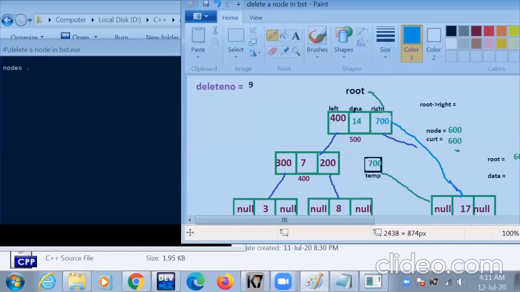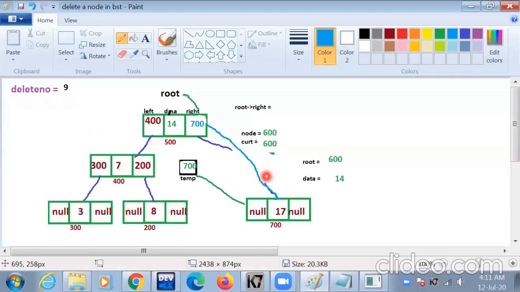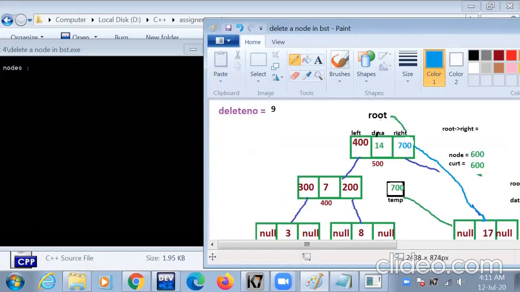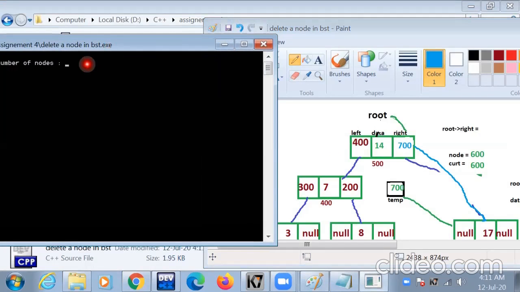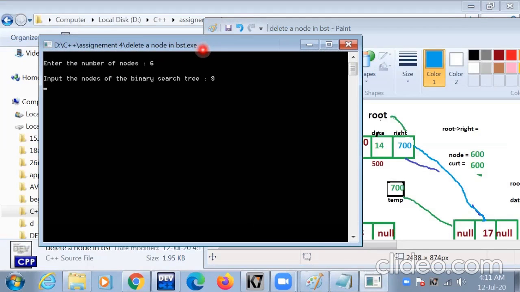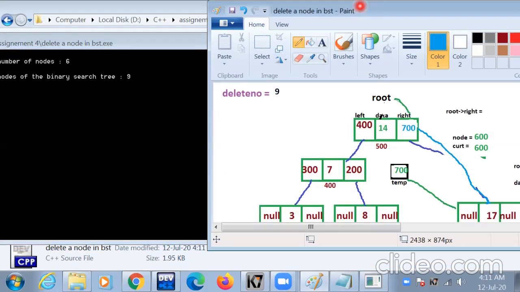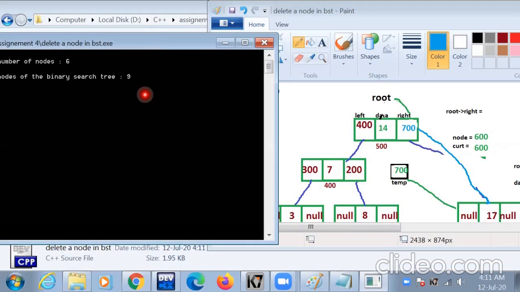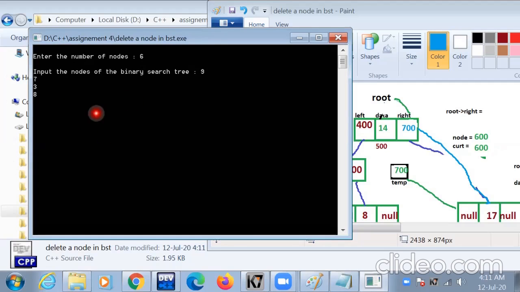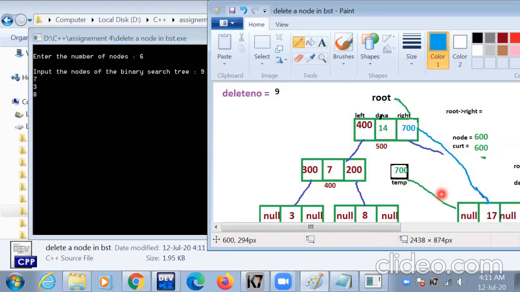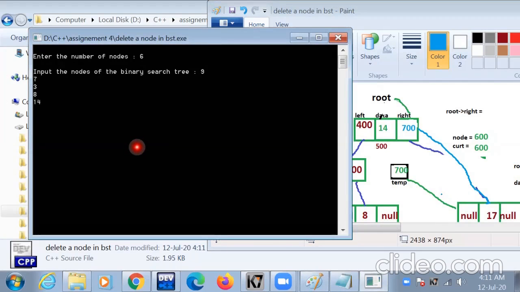We insert the values, 1, 2, 3, 4, 5 and 6 nodes. We insert the number of nodes as 6. We enter the value of the first node 9, then 7, 3 and 8, 14 and 17.